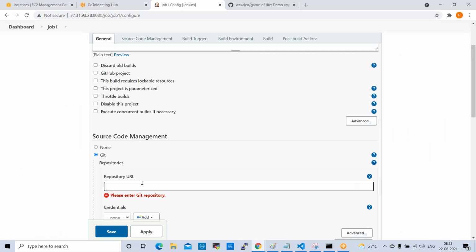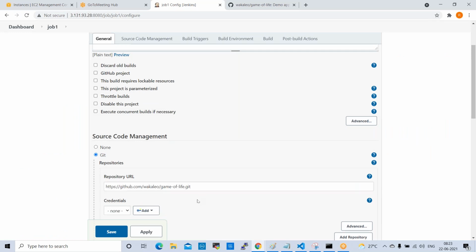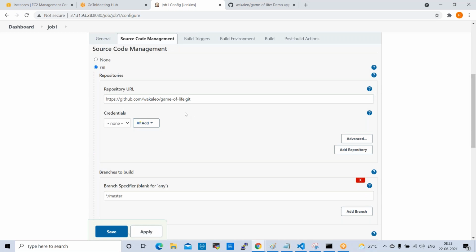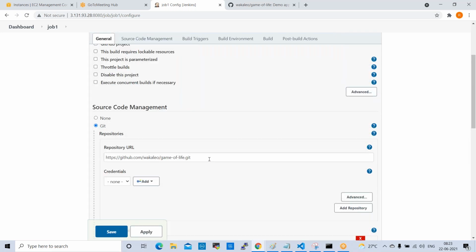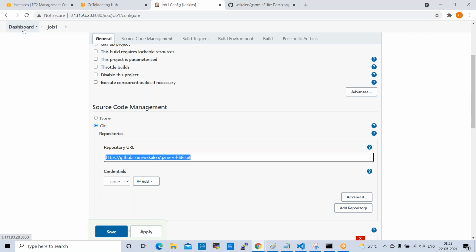Go to Jenkins, you can paste it here. Now it is copied here. There are no errors. What we are doing here in Jenkins is adding the GitHub repository URL to pick the code from GitHub to Jenkins, right? When I gave this URL, it is not giving any error because we have the Git executable path in global tool configuration.